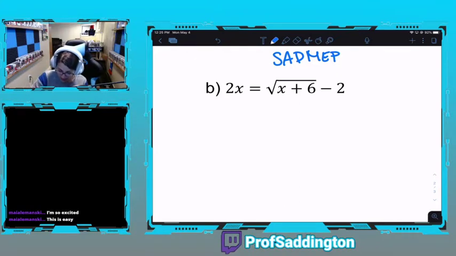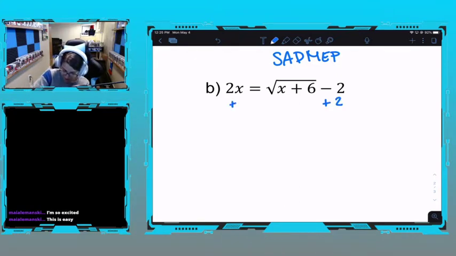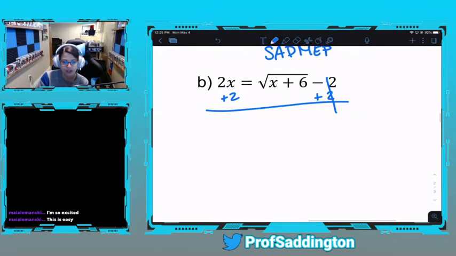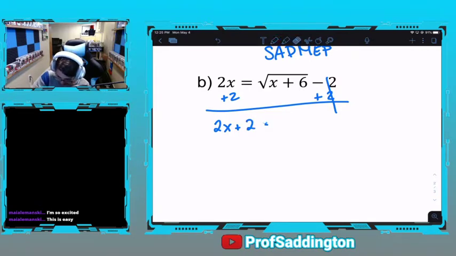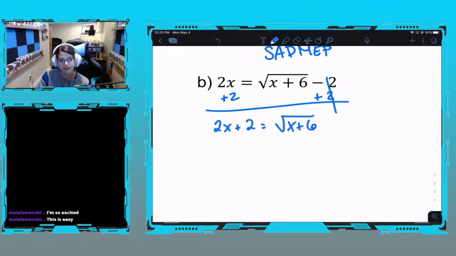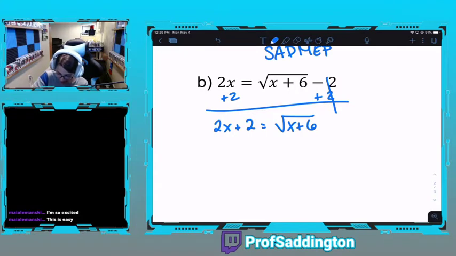there is. So over here, I'm going to start by adding 2 first. Now, 2x and 2 cannot be combined. So I'm going to have 2x plus 2, oops, a little messy there, equals radical x plus 6. And now, since there's nothing to add or subtract or multiply, divide away from that radical,